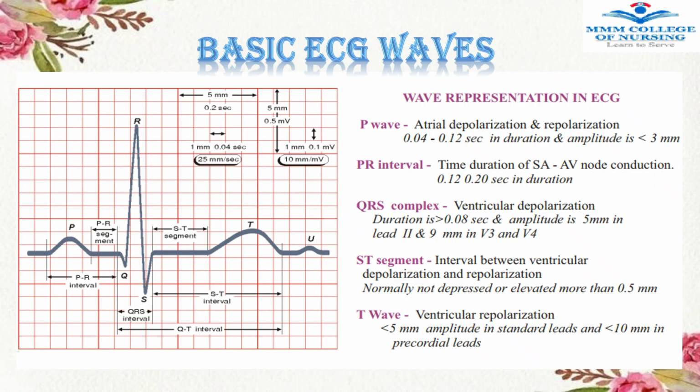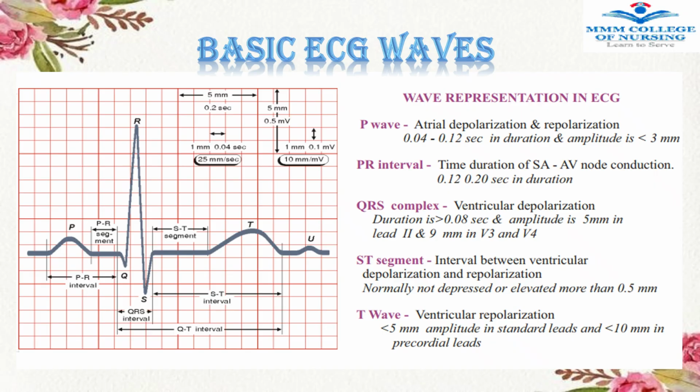Remember, when the electrical activity moves toward the lead, it causes an upward deflection, and when electrical activity moves away from the lead, it causes a downward deflection. To understand this upward and downward deflection, we need to look at the graph paper which is given here. Just look at this graph where the P wave is recorded with a positive